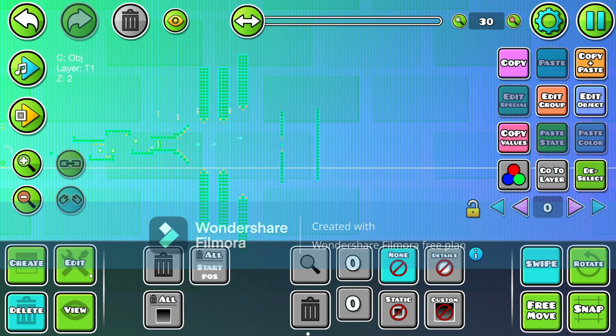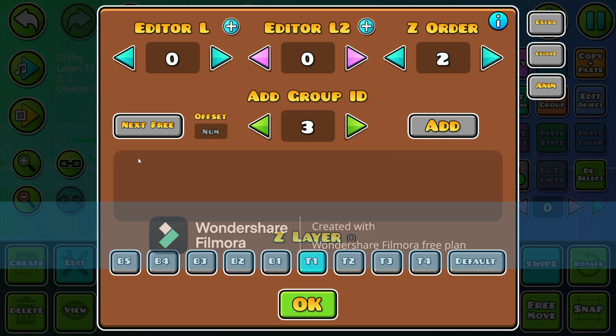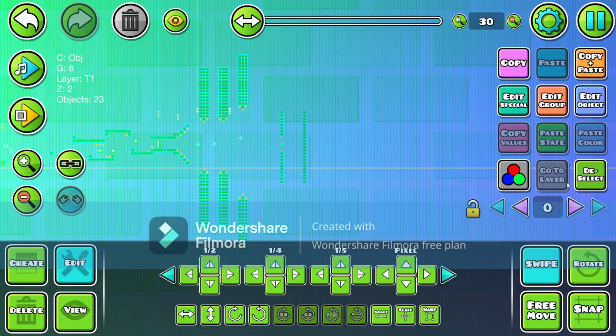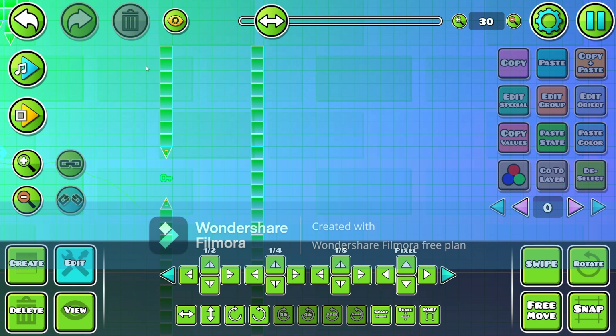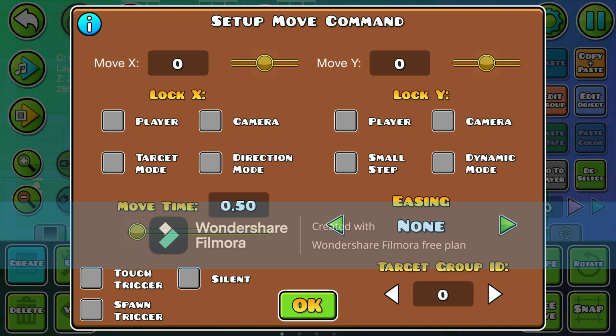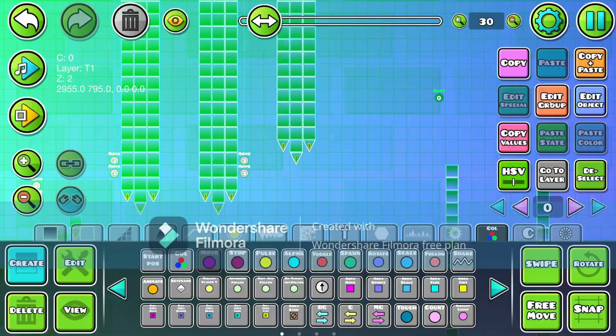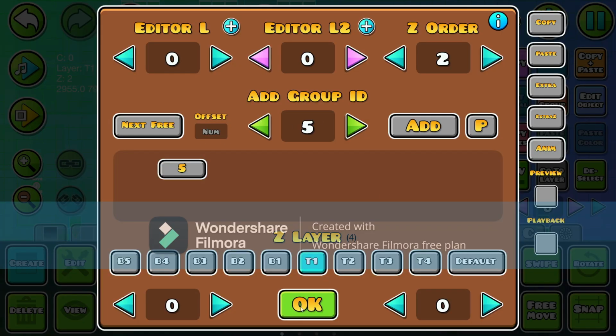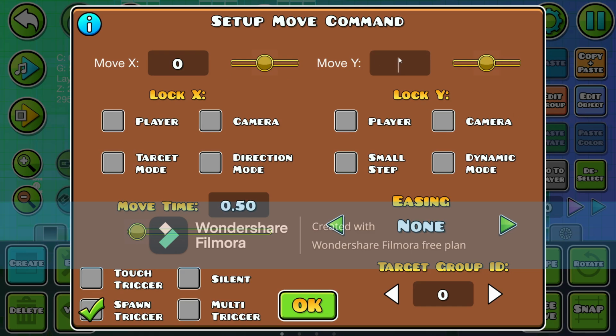Don't mind my lousy placing. Give it 6, and then place a move trigger. Give it spawn trigger. Set it to 5, and then